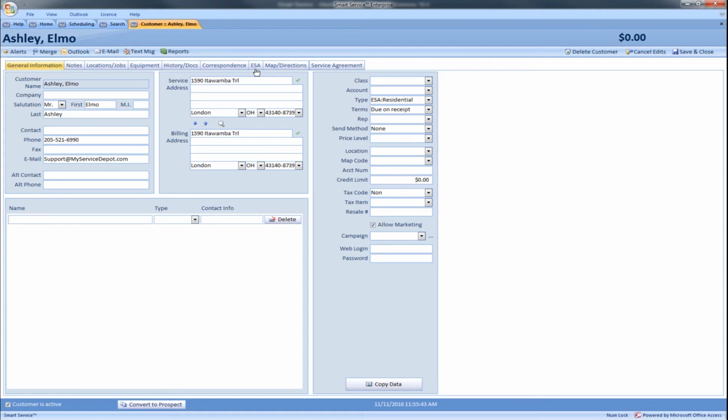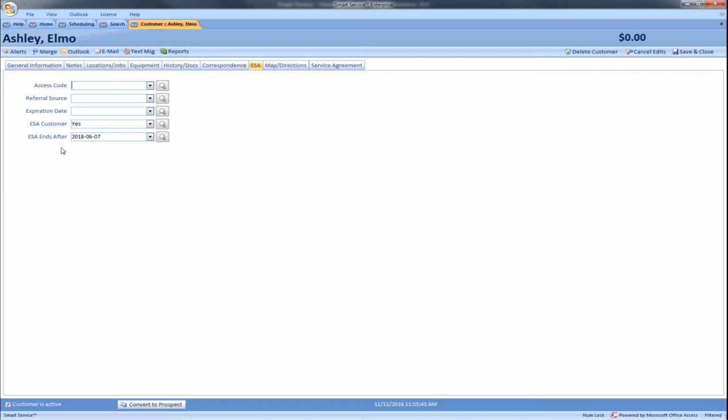So your tab might say something different from ours. There's a definite possibility that somebody might have changed it. You do have one of them called My Customer Fields, though, but notice what I'm saying. It's My Customer Fields. Make sure you're on the customer and not a job record. That'll be a big difference. Your job one will have a My Job Fields tab instead. We've basically set up everything we need in the ESA fields, or My Customer Fields as they were named a